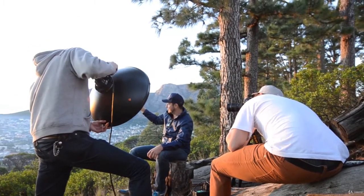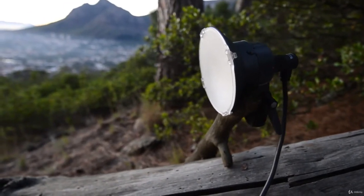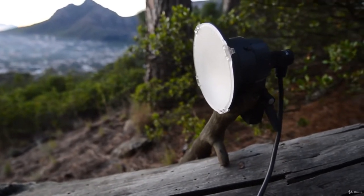We had the assistant, so he can hold the light. I don't need to set up another stand in case there's wind or something. So with the assistant, it is also a little bit easier. Then as well, we actually should have taken some stands, because on the other side we had again another